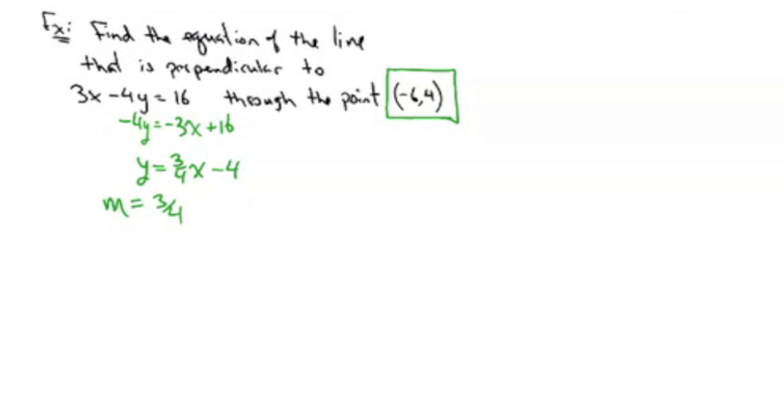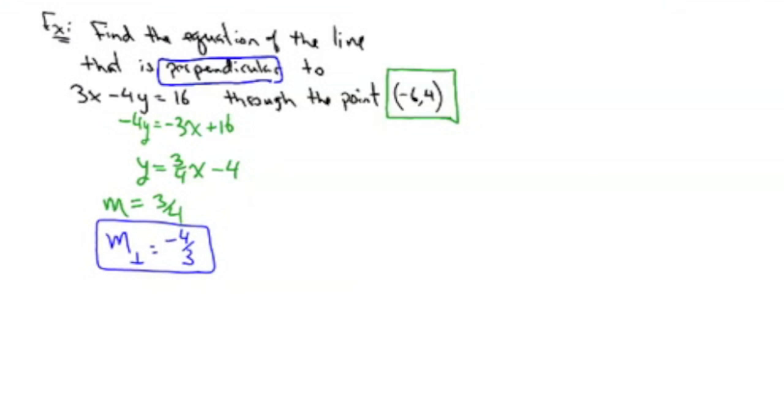What is the slope of the line I want? What kind of slope do I want? Do I want this slope? I want perpendicular. Now, to show that you actually found the parallel or perpendicular slope, I highly suggest you do this. M perpendicular is equal to. So you can emphasize that I'm looking for the perpendicular slope. What do I do with 3/4? Leave it the same? No, that would be parallel. So I want to make it negative 4/3.